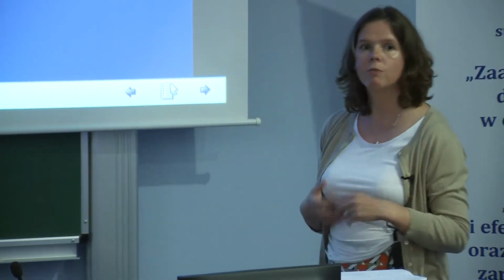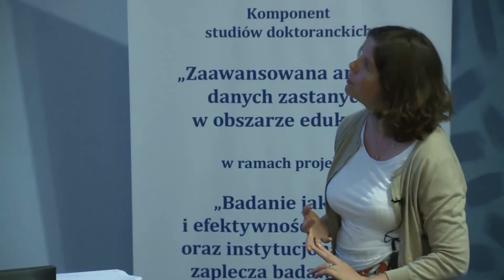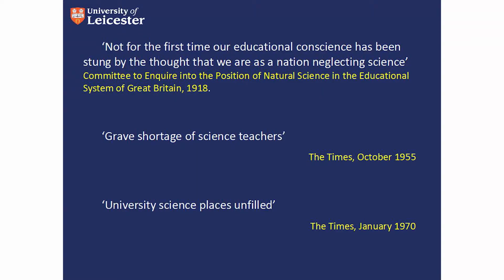The other example is around STEM shortages, and this is something that I'm working on at the moment. Here, these are some headlines that give an indication of the concerns around the recruitment, training, and retention of scientists and mathematicians. Okay, and they're fairly powerful. And as we often find in education, and perhaps in other areas of social policy as well, this is not new. This is something that's been around for a long time.